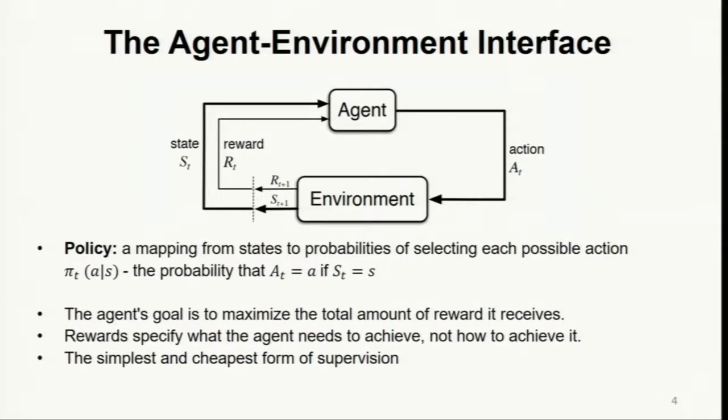Now, the next one is what is the policy? Okay. What is a policy? Policy is a mapping from states to probabilities of selecting each possible action. Policy means you give me a state, I tell you what action to choose. This is policy, right? You give me a state, and I say you should choose this action 1 or action